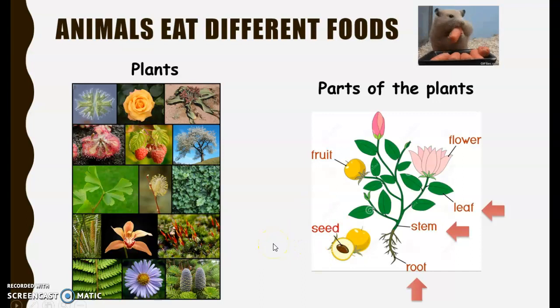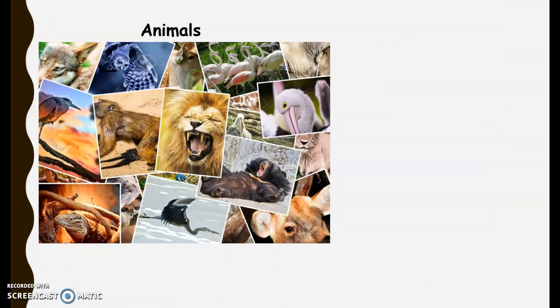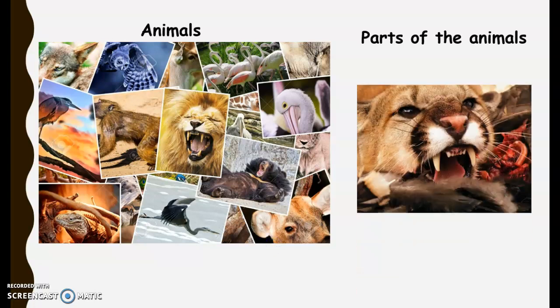Animals also eat flowers, fruits. You already know a lot of different types of fruits and delicious ones, yes, seeds. And also we can include in here nectar. But animals also can eat other animals or parts of the animals. So they can eat their muscles, their bones, and more.